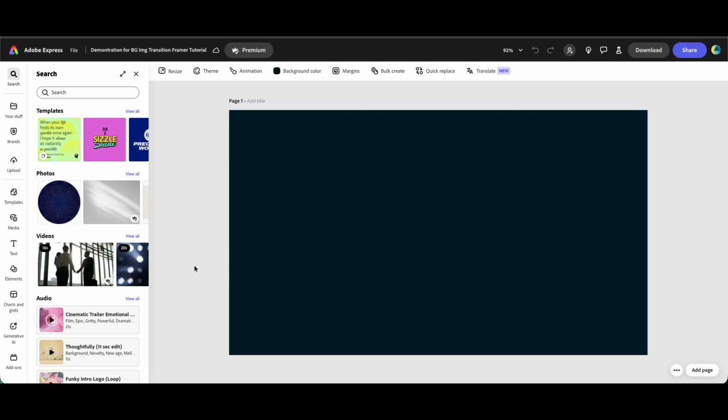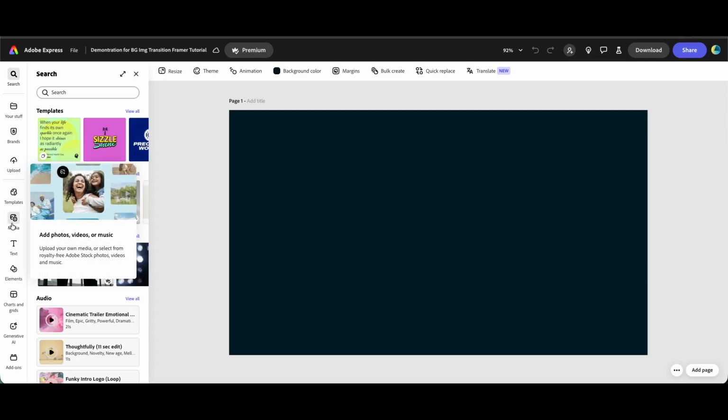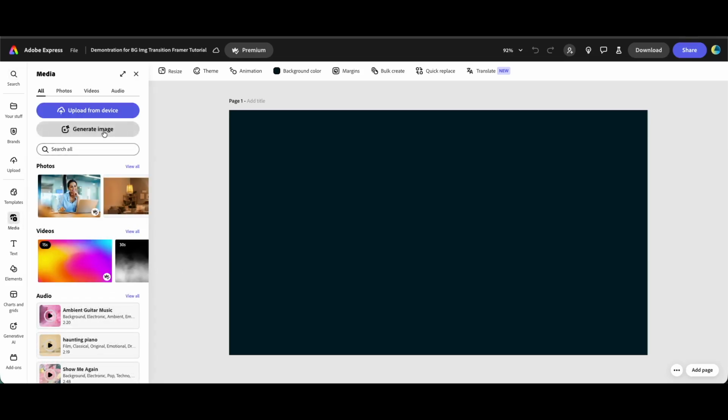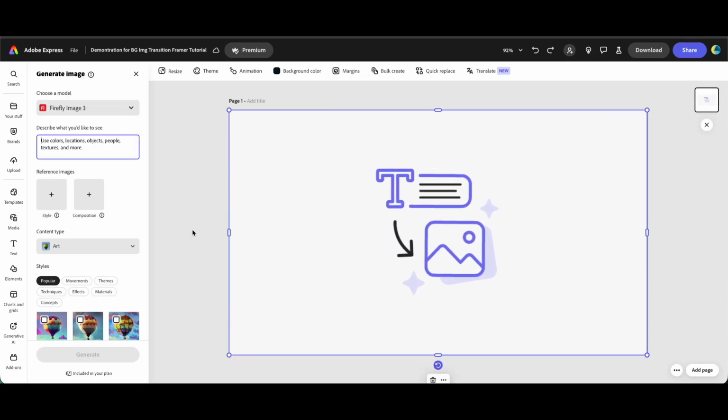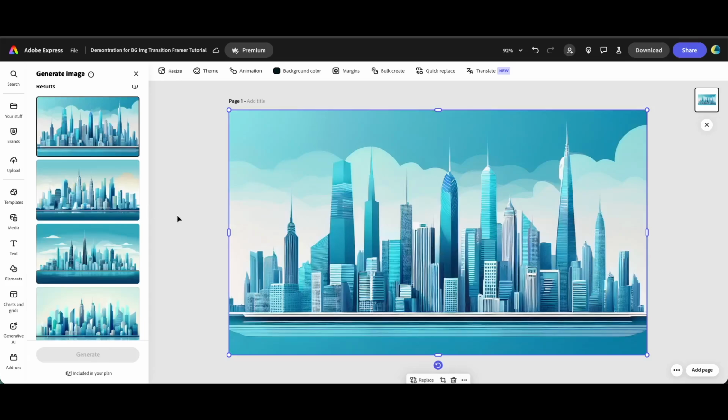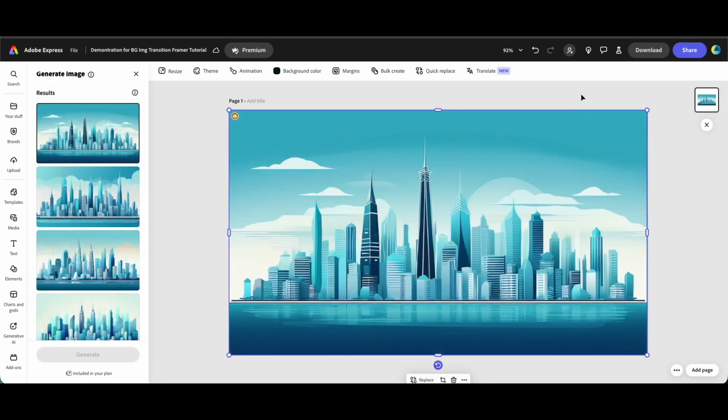All I did was, after creating a new file in Express with the dimensions 1200 by 685, clicking Media on the sidebar, and then selecting Generate Image, then widescreen, resizing the placeholder to cover the whole page, and then pasting the prompt that I generated with ChatGPT for the first image, which doesn't represent any season, just a plain city skyline. Then after generating the image, selecting one from the alternatives and downloading it, and then adding a new page